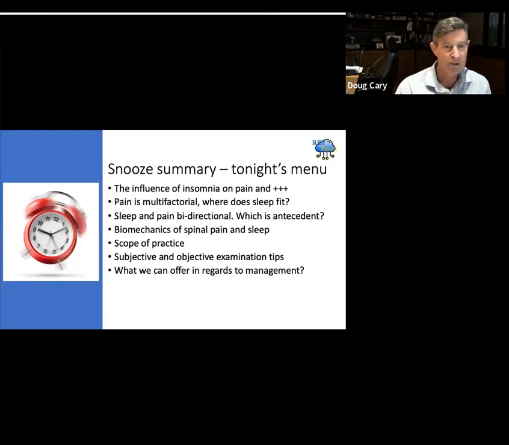We know that pain is multifactorial, so we want to know where sleep fits into that paradigm, and leading on to that, what are we going to do about it? We know that sleep and pain are bidirectional, but what's the antecedent factor in this relationship? To do that, we're going to have to delve into a little bit of biomechanics. So we can look at the biomechanics of sleep and pain, and ask the obvious question also,